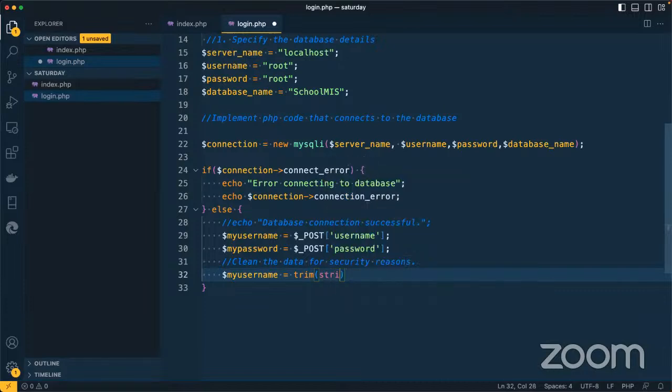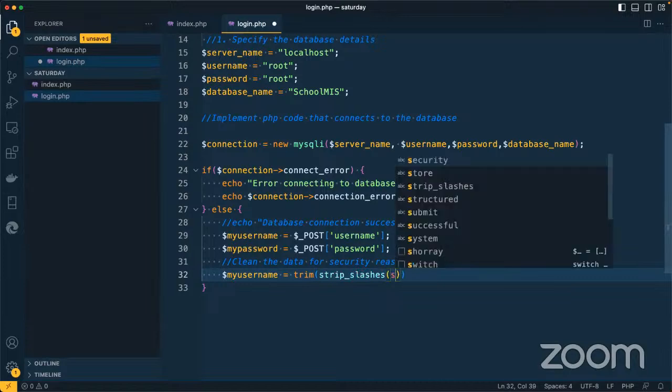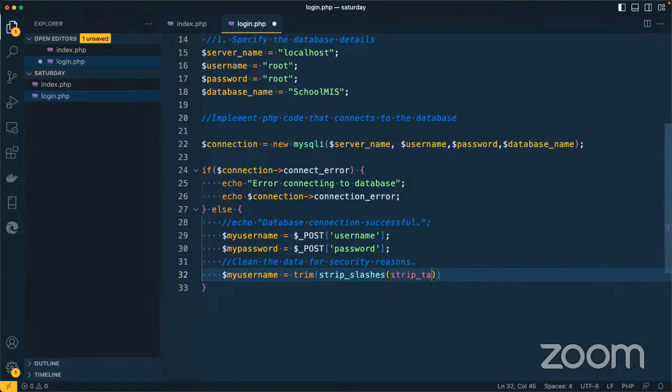Then we shall also strip the slashes and strip tags, and then from my username,